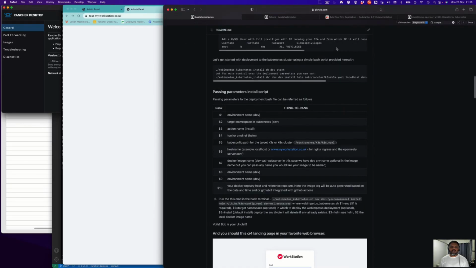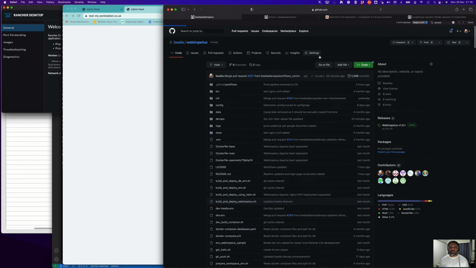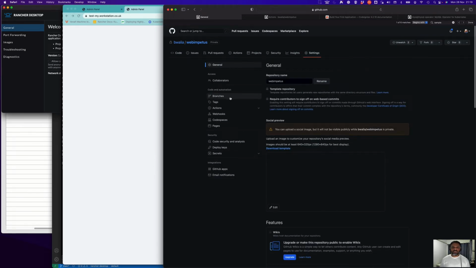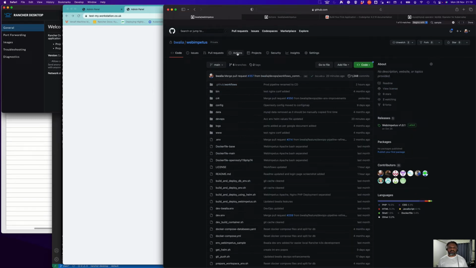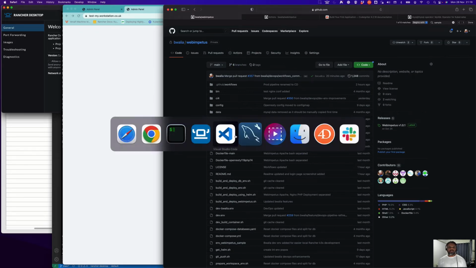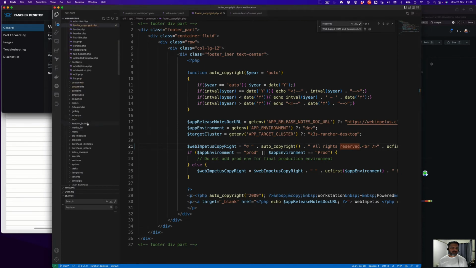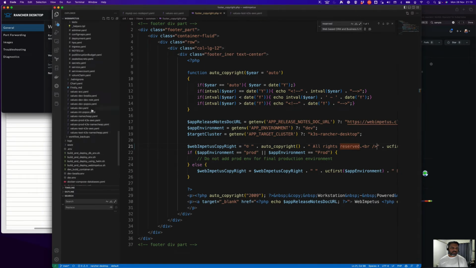One of the other things I wanted to mention is that all the secrets, all the kube configs, everything is inside the GitHub Actions, so it's all safe, and we just refer to that in our workflows and in our scripts whenever we make a change and merge to the main branch. We auto deploy, but the secrets are safe. So we protect the database credentials in our values files